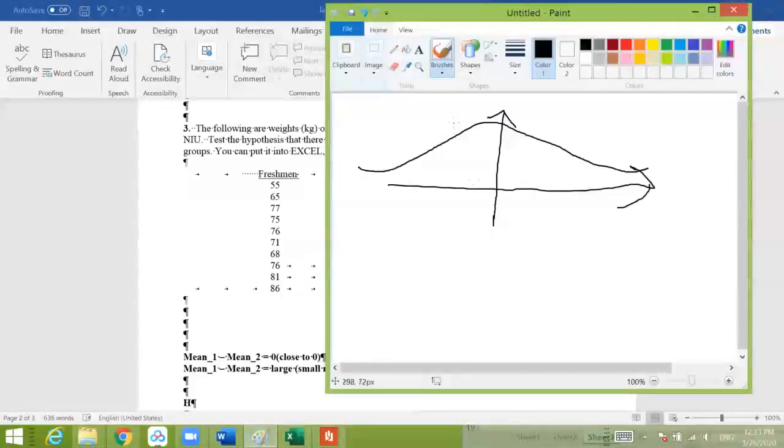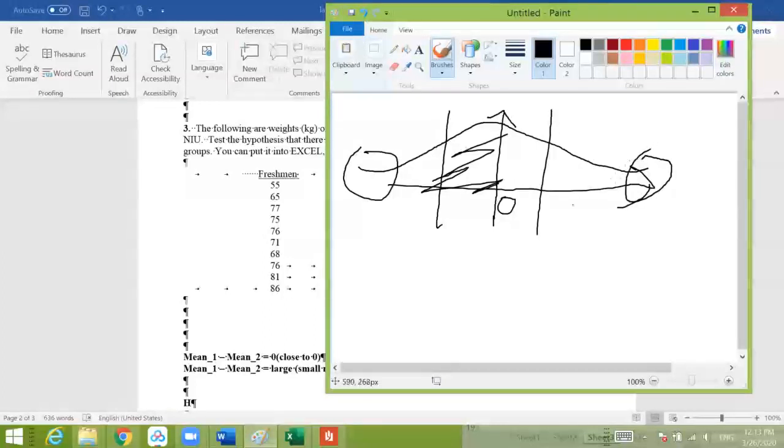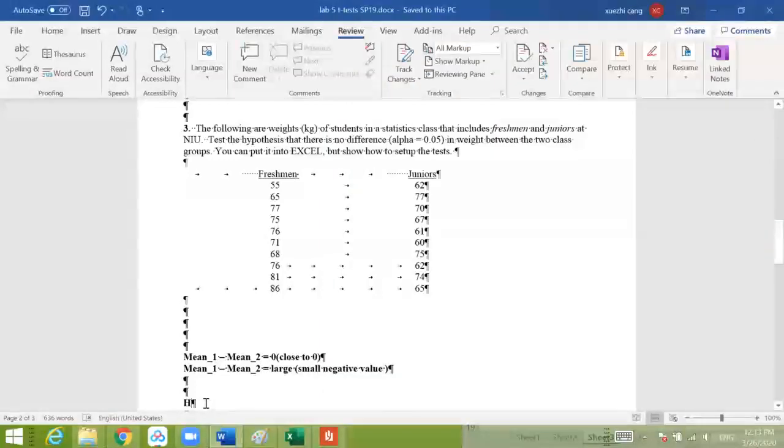Then go back to our graph. We can see in the middle part, they are close to 0. And in the tail part, it should be a very small negative value or a very large positive value. So based on this graph, we can see the null hypothesis is